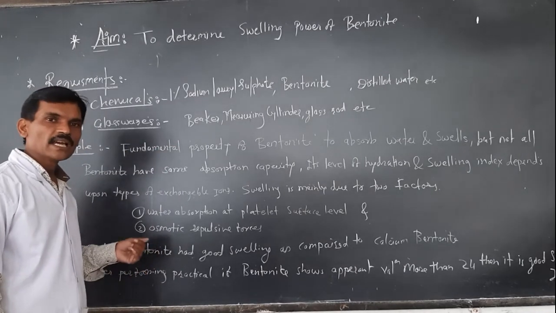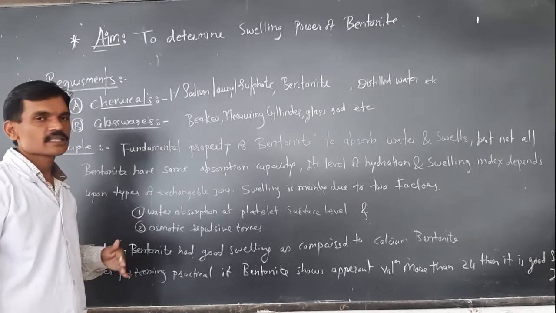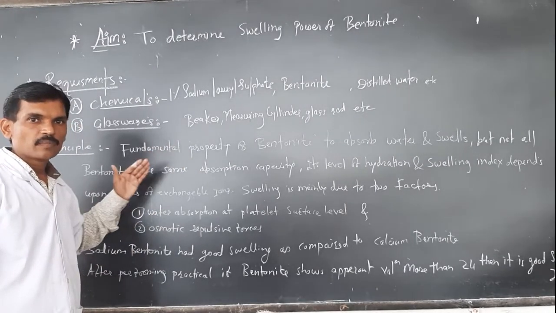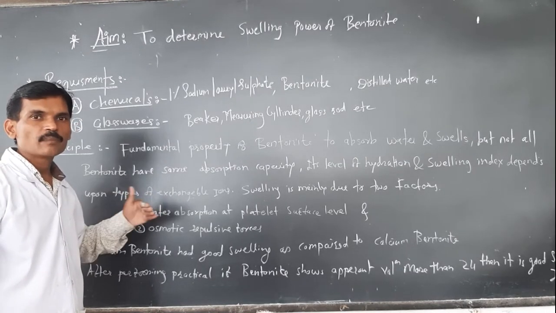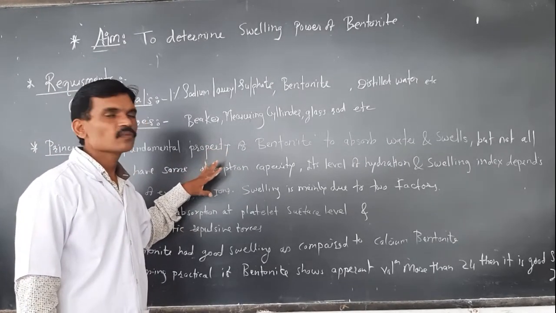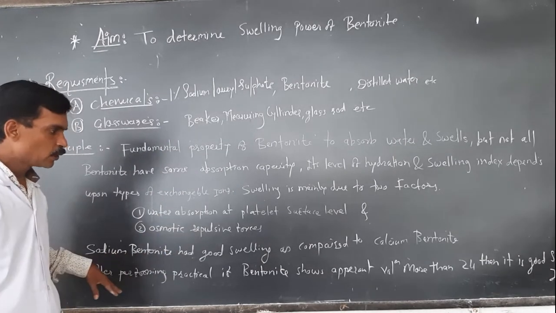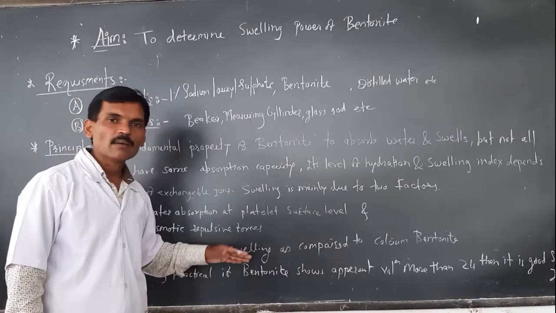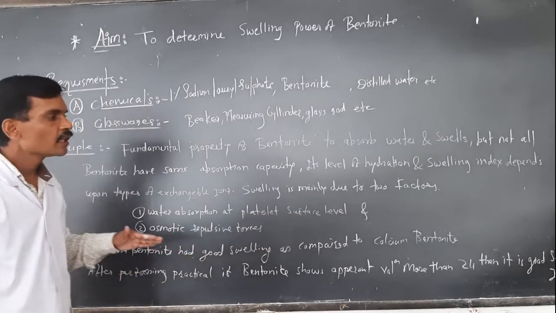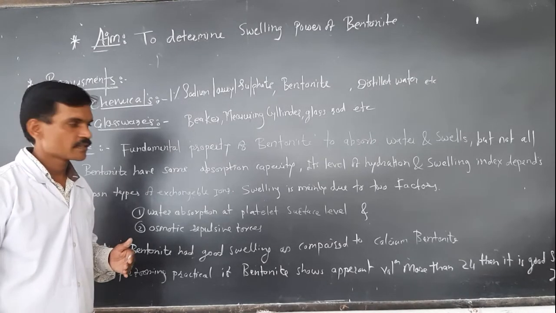Now, we will add the first part of the bentonite to the 1% sodium lauryl sulfate. Similarly, after 2 minutes, we will add the next portion. In this way, we have to add each portion after 2 minutes, and we have to allow the solution to remain constant for 2 hours. After 2 hours, if our measuring cylinder shows bentonite acquires apparent volume from the bottom of more than 24 ml, then it is of good quality bentonite. We will actually perform the practical in the laboratory.